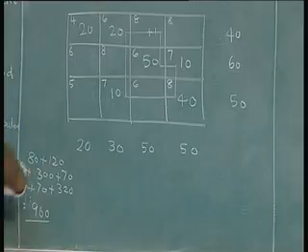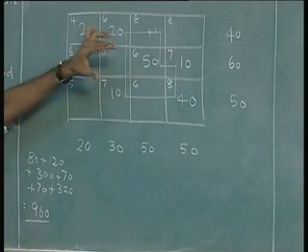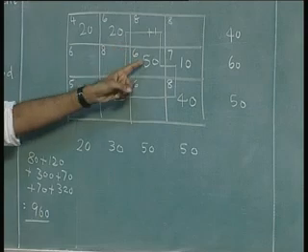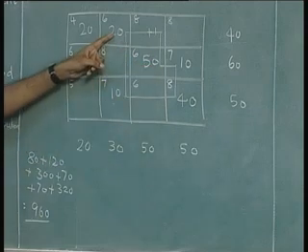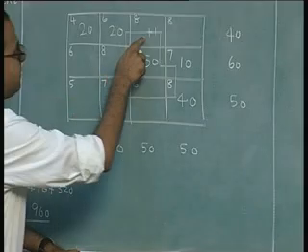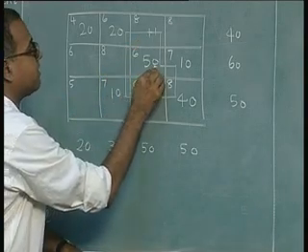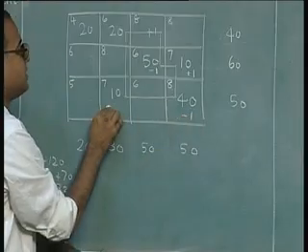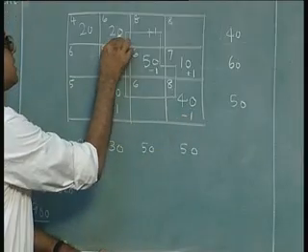A loop by definition is starting from any allocation, you move horizontally and vertically alternately, and then you are able to come back to the starting allocation. This is another loop. Now to balance, if we put a plus 1 here, this will become minus 1, this will become plus 1, this will become minus 1, this becomes plus 1, this becomes minus 1,